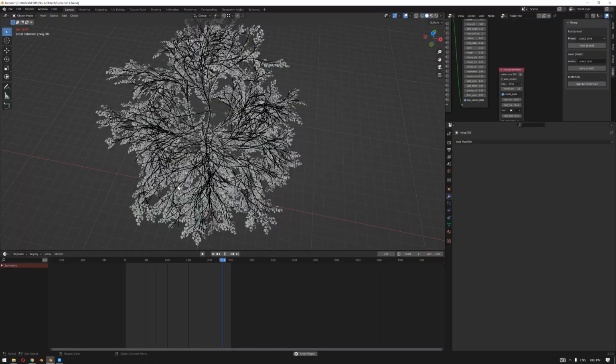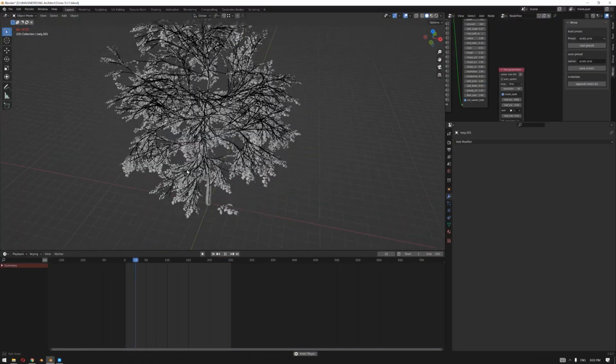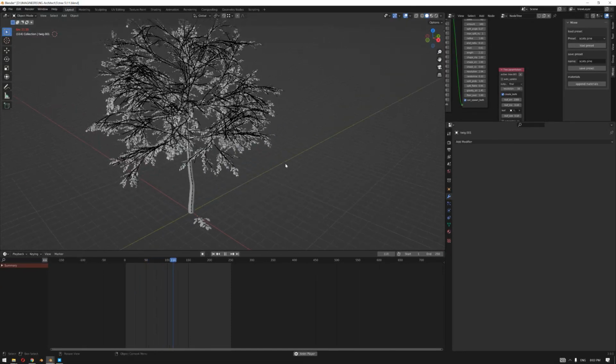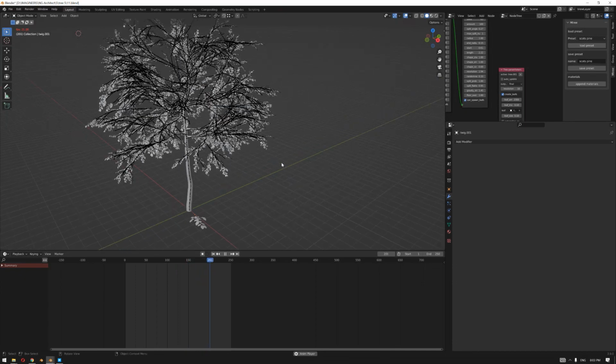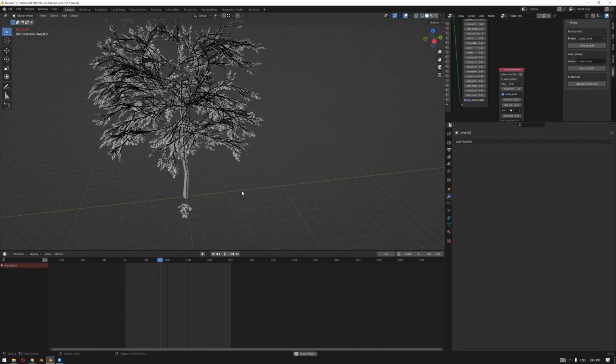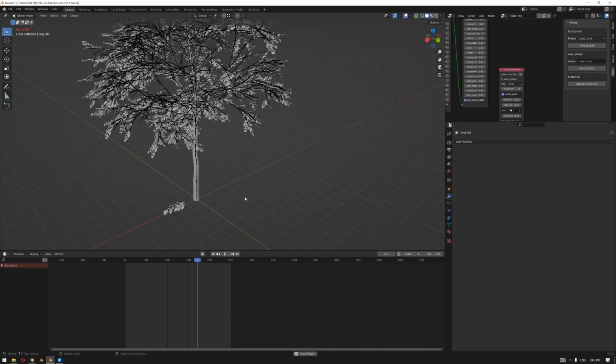So let's get started. Inside Blender, we have created the tree using the M-Tree add-on and parented it to an armature that was animated using a reference, by adding a wind and simulating that movement using cloth simulation. Part 1 will be included in the description if you have missed it, to be able to carry on with this tutorial.